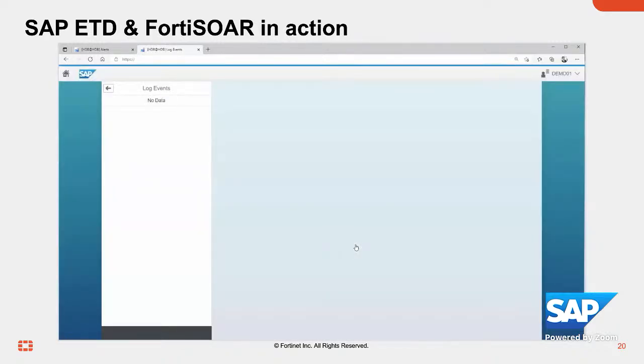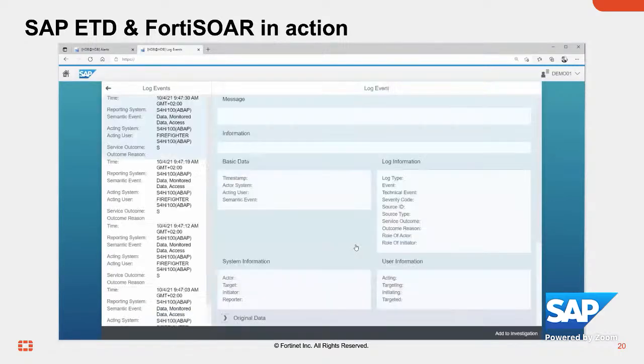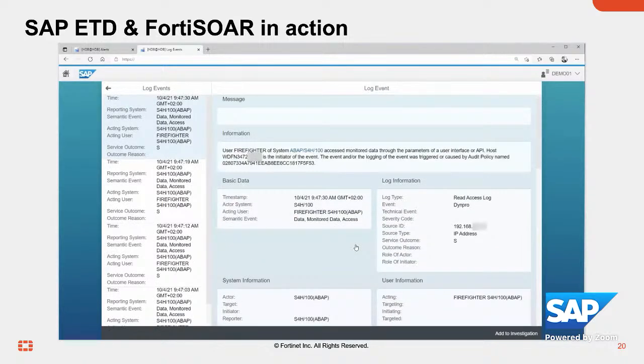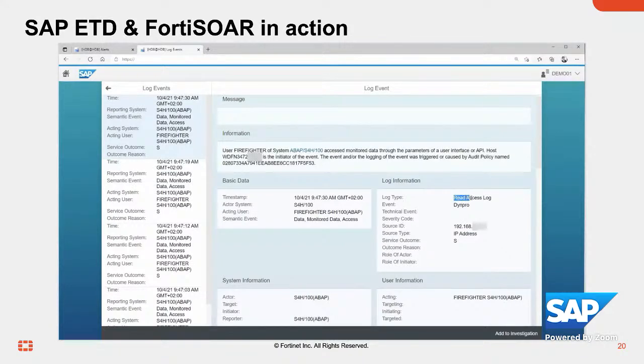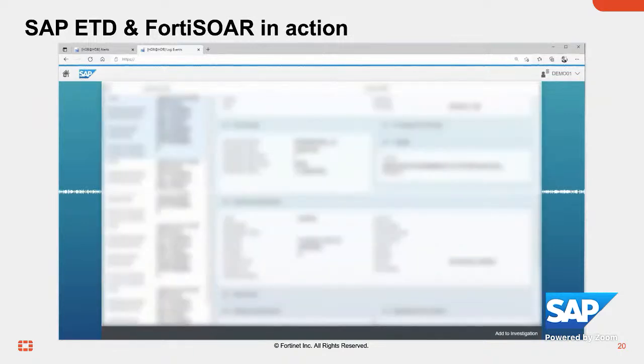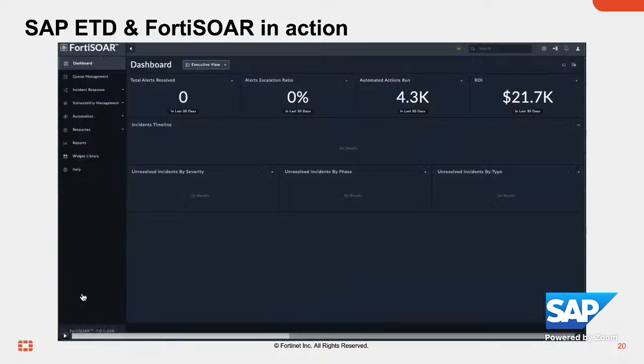We can have a look at the event details, where we can get a more decent description of what has happened in our SAP environment. I earlier said we're building the bridge between the Security Operations Center and SAP. So that's something that a person from a Security Operations Center would understand. This is the log type that we're using for this scenario, and then passing this information over to the FortiSOAR solution. And with that, I pass over to Julian, so he can explain a little better what we see here in the FortiSOAR now.